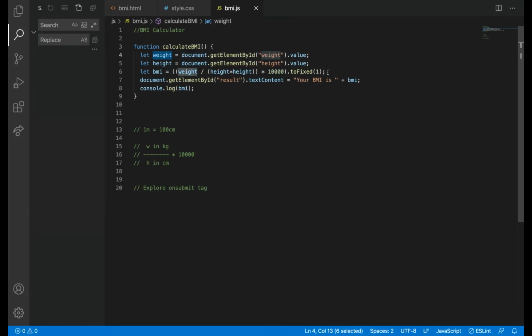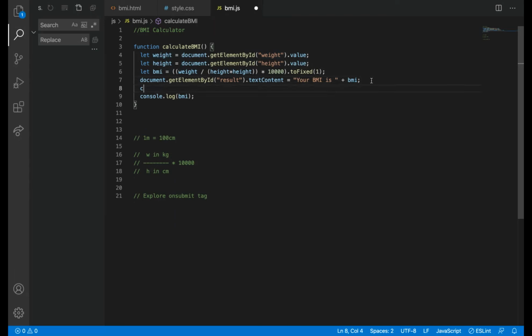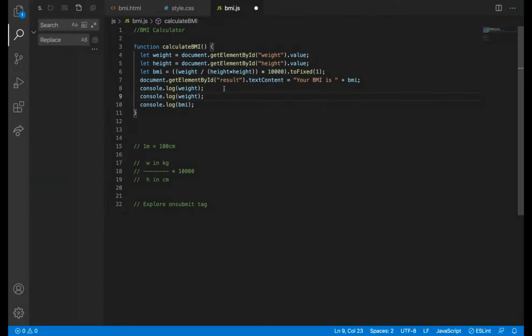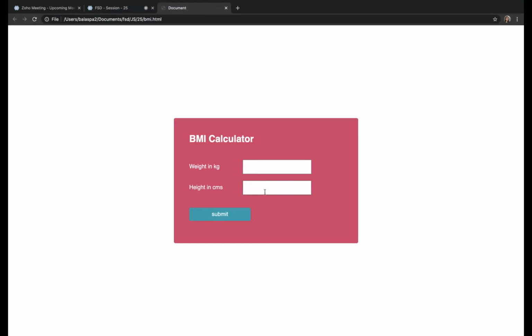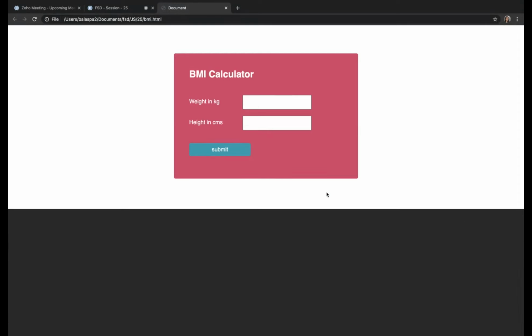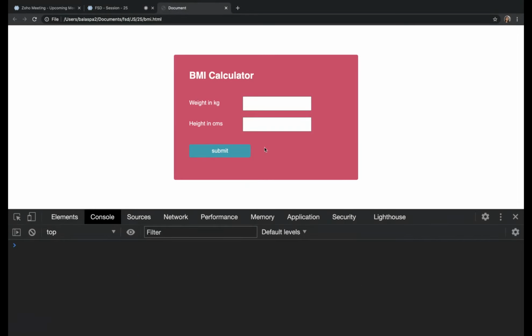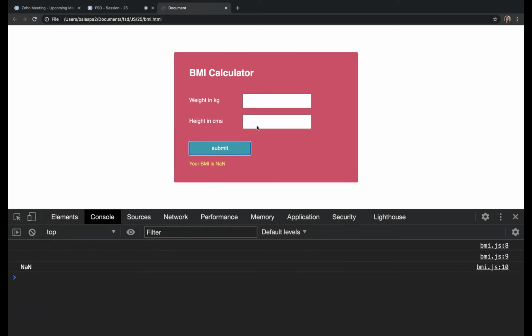Let's do one thing. console.log of weight and then height. So what I'm going to do is click on the submit button without giving a value.